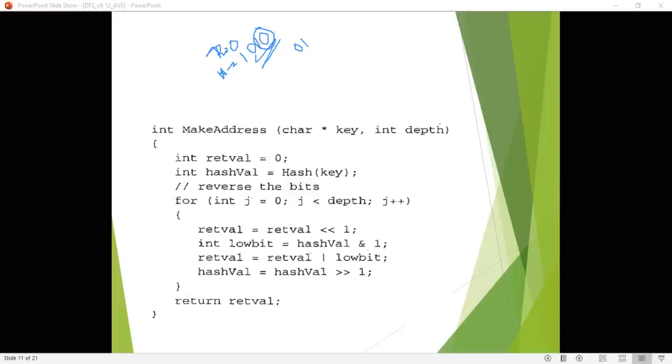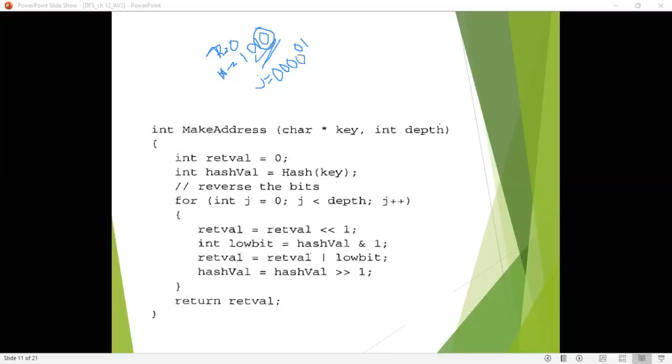Now, initially when j is equal to 0, the return value is left shifted by 1 position. Return value 0 means we are considering 4 zeros, right?